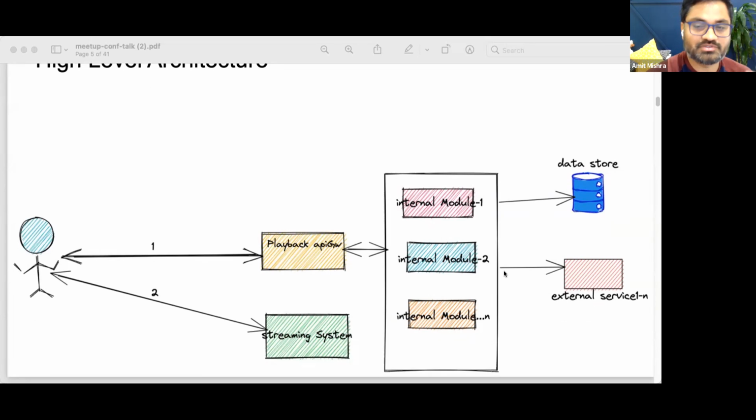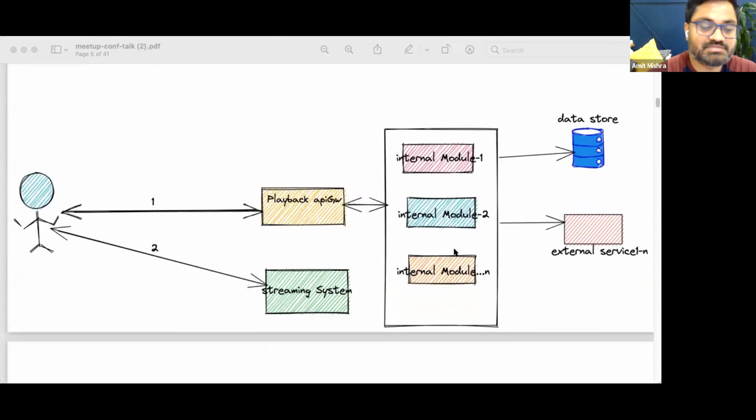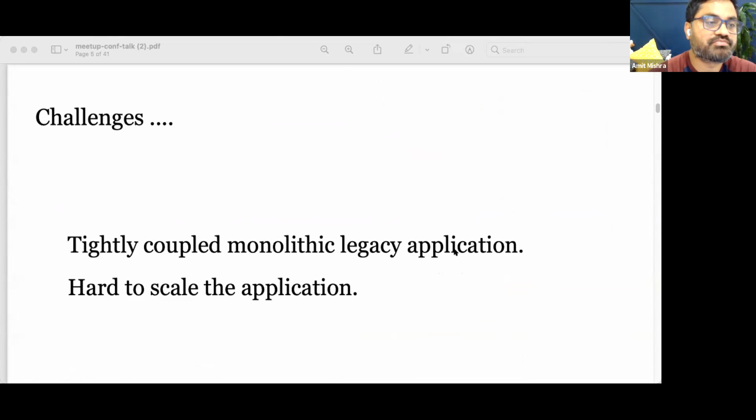It had like 20 to 30 internal modules, and these internal modules were talking to one data store, something like Elasticsearch or DynamoDB. But at the same time, we also had dependency on external services, where we were basically depending on streaming URL kind of systems or ad kind of systems. So what were the challenges with this particular